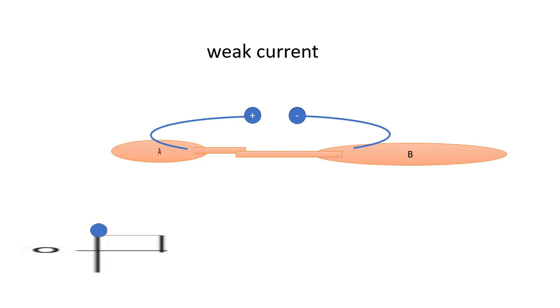Now when the experiment is performed with a weak current, that is, a current with relatively lower intensity, and the intensity reaches its peak, there is a contractile response, but the contraction is not in muscle B, rather the contraction is seen in muscle A. When the current is sustained at weak intensity, neither muscle A nor muscle B responds.